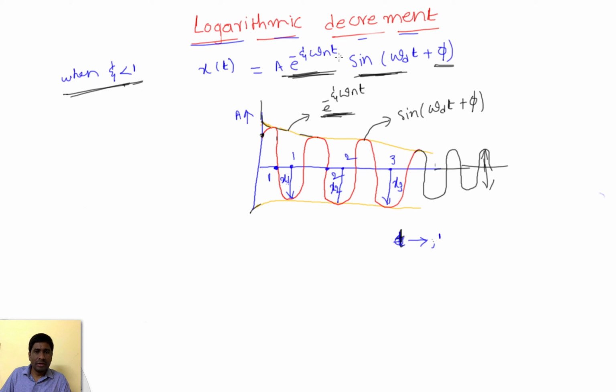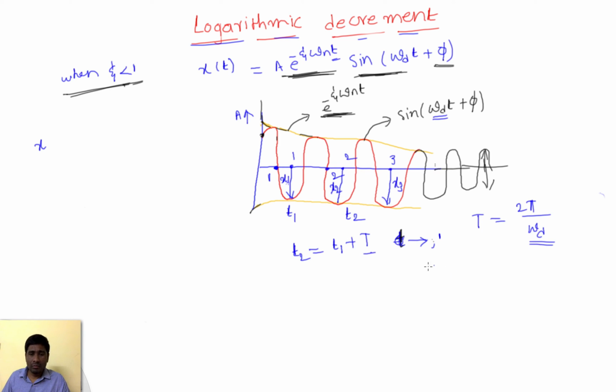Let's say at time t1, here I will call it t1, and here it is called t2. Since it is a sine curve, we know it has some time period T. What is the time period T? Here T equals 2 pi by omega d. So omega d gives the time period here. What I can write is t2 equals t1 plus a time period. That means t2 repeats after a time period T has elapsed.